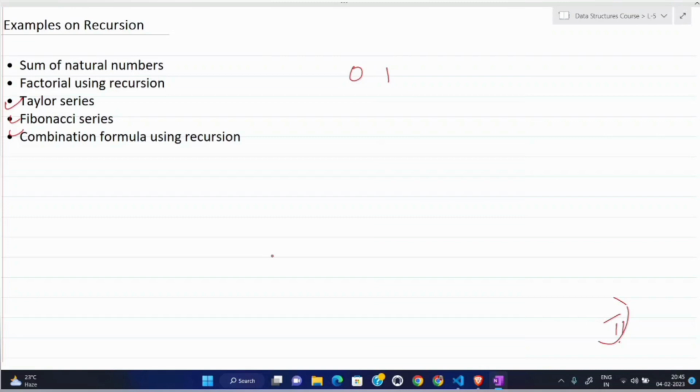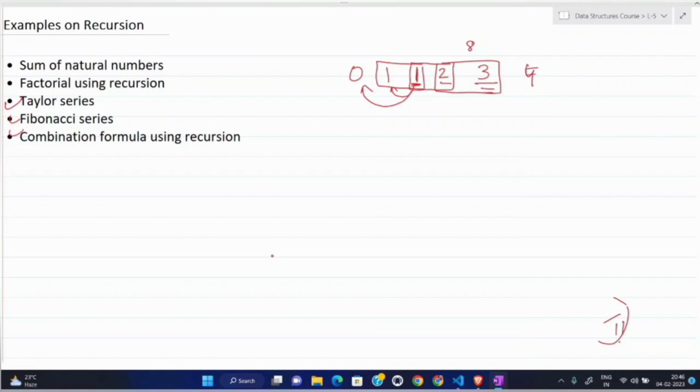So let me say that we want to write a Fibonacci series where there are n terms, let's say 8 terms. So 0 and 1 will be fixed. Then the third term will be the sum of the second term and the first term, that is 0 plus 1, which is equal to 1, and the fourth term will be the sum of these two terms, that is 1 plus 1, equal to 2. The fifth term will be the sum of its preceding two terms, that is 2 plus 1, equal to 3, and the sixth term will be 2 plus 3, which is equal to 5,